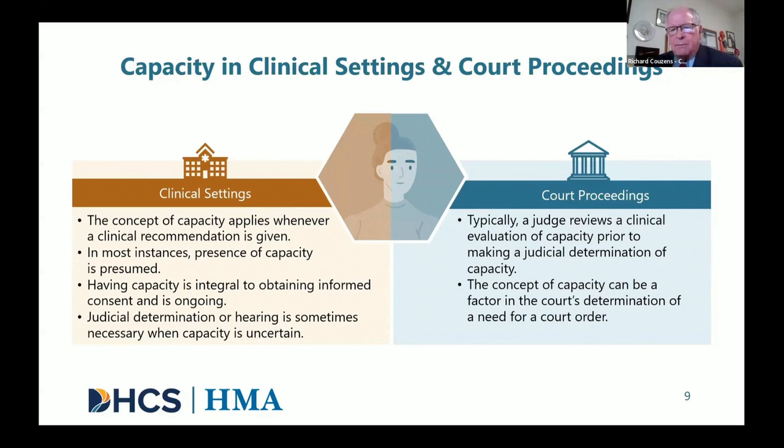Because, as we have indicated, we presume capacity, but in situations where that becomes a question, we need to analyze it from a legal standpoint as well. It usually comes up in a situation where the behavioral health staff wants the respondent, the patient, to do something, usually takes the medication. But two things become very evident very quickly. The first thing is the patient's not going to do it. They don't want to take the medication, and so they refuse.